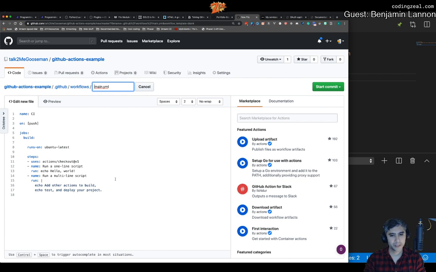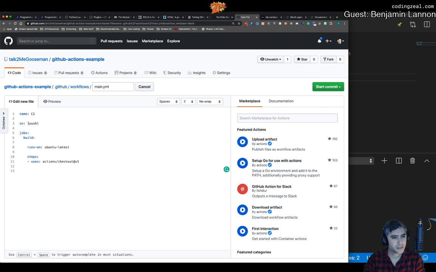Now we have our workflow. Yep. So I would say delete everything from line 13 down. So delete everything after the checkout step. Yeah. All right. So now we can go in and say, hey, we have an environment here. Every time someone pushes, we're going to run this job. It's going to run on Ubuntu. We're going to first check out the repo. And now we want to say,